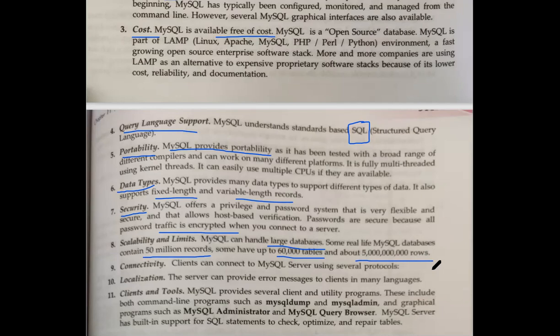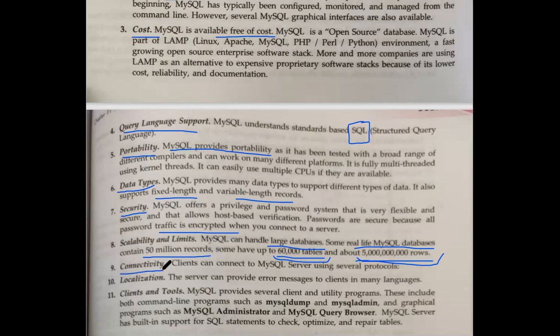When we talk about a simple organization, if we take the example of a school, generally we have 2,000 students, 3,000, 5,000, maximum 6,000 students, not more than that. 6,000 students means not more than 6,000 rows. But now you can see how many rows and how many tables we can have in MySQL. This is the example of real life MySQL databases. That much we are not going to use, but we have to understand the capacity of this.